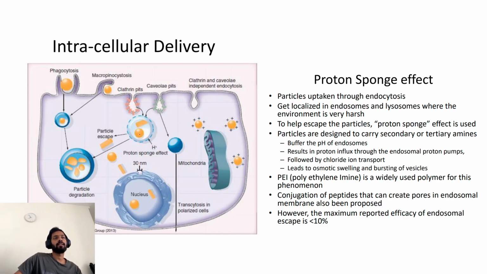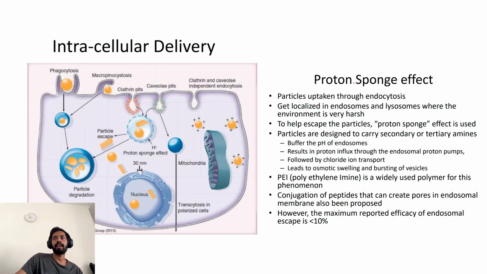So ideally, we want this particle to come out of the endosome. Even though a macrophage or a dendritic cell is phagocytosing your particle and it's ending up in the endosome, you want the particle to come out of the endosome relatively fast and then release its drug. For that, what we can employ is something called the proton sponge effect, which is essentially